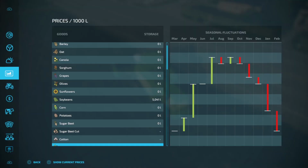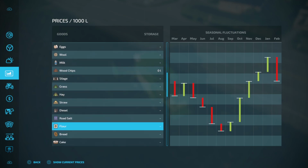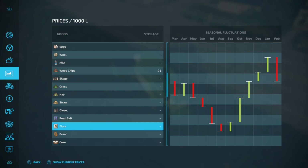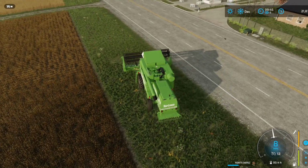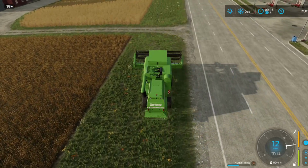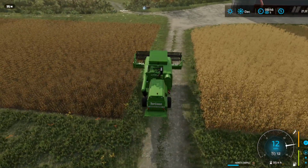So, I want to look at, well, flour. I mean, that's not really telling me nothing. Not bad, okay. I think we should probably just dump it into our flour manufacturing plant. Flour mill, I guess, is what we should call that, since that is what it is. But if I do that, I've got no trailer. All right, I think we will do that, but I'm gonna dump it into our silo for right now,